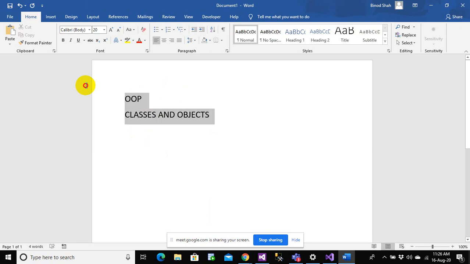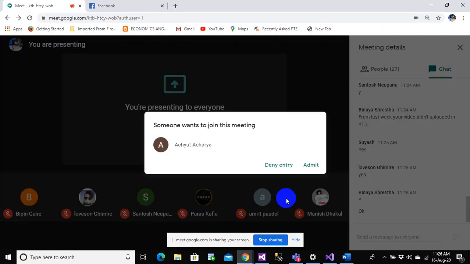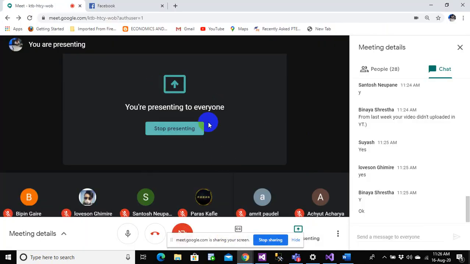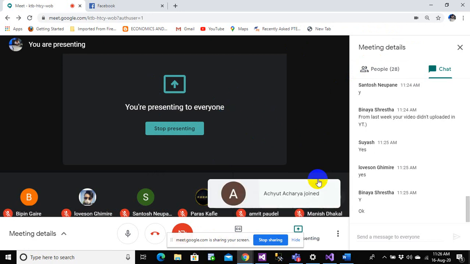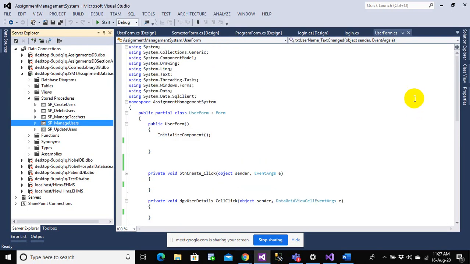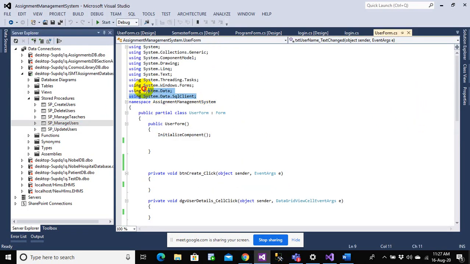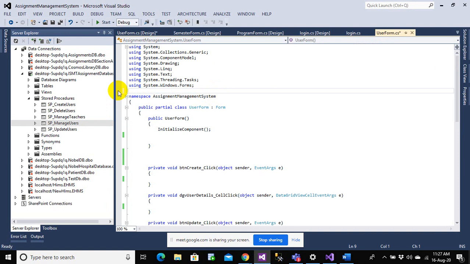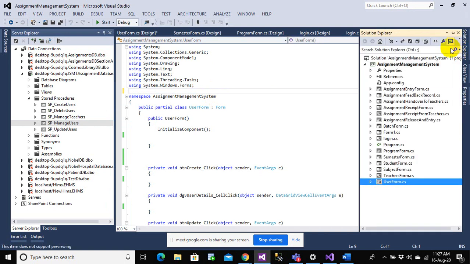Right now we'll be using OOP. By using OOP, we'll try to manage our code. We'll try to remove the redundancies as much as possible. Although I cannot remove 100% of the redundancy, I will try my best to reduce some level of redundancies. So let me get started now. In order to manage my SQL connection, let me remove this data. To manage the redundancy, let me create a folder first.